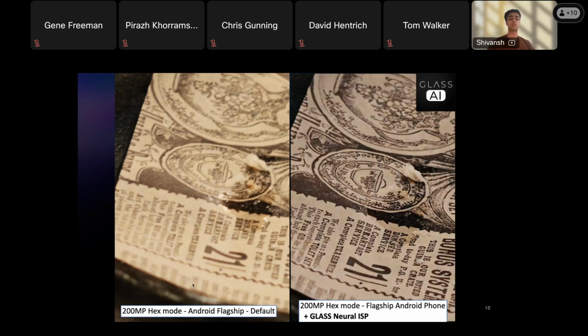And the industry tends to be moving in a direction where these manufacturers want 40x zoom or 100x zoom or even more than that. In such cases, it is only possible if they start moving towards hex sensors, like telehex, very high zoom lenses, and then these pixels would always get much noisier. So we believe in the future, neural ISP pipelines would be even more widely used.